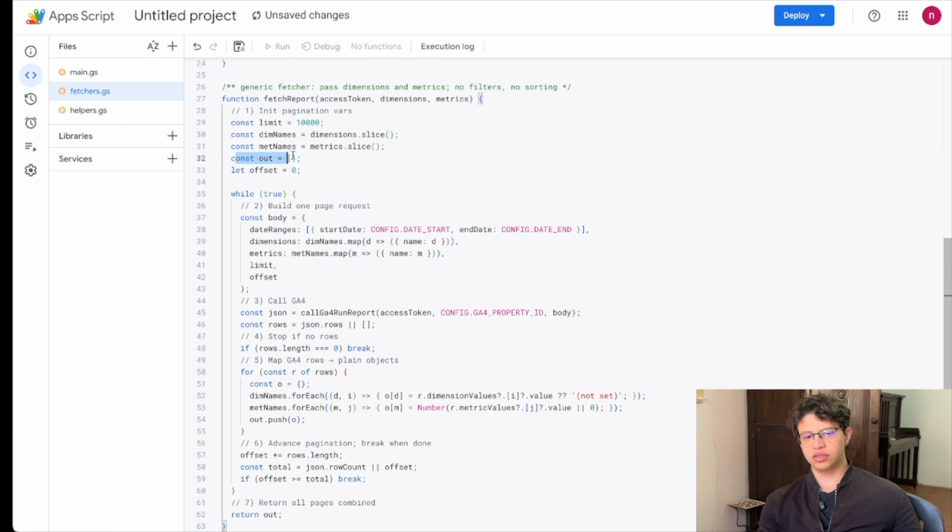And then here, once you finish the pagination, this is called pagination, right? So you get the first page, the second page, third page. Once you finish the pagination, it aggregates everything here and outputs it, and then offset pretty much is like